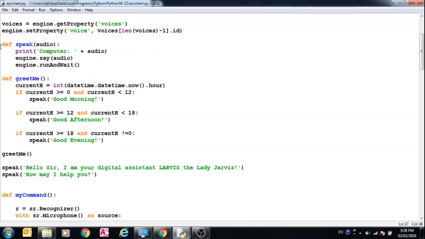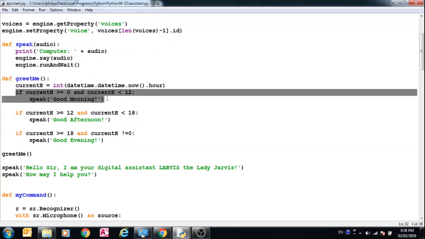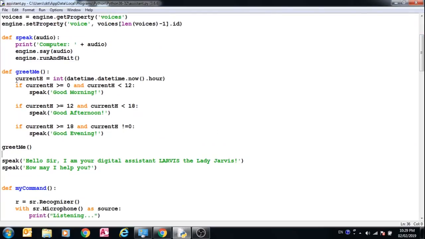I have made a speak function here which speaks the command that you give it to speak, and this is a greet me function. Now if you don't understand this, here is current hour. Now current hour is a variable that I have used for getting the current hour. Now you can see this is the current hour variable, and this is the datetime module I have used. So it gets the datetime from datetime.now, and then from now it gets the hour,